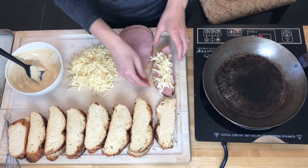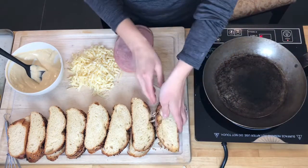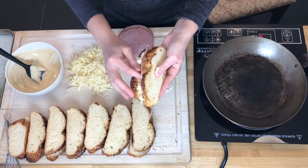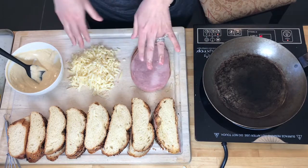And the next step is what really takes it over the top. Okay, so you're going to get that in there and try to press that in as much as possible. I really usually like to do sliced cheese, but I didn't have any, so I grated this up. So the next step, after all that gets done,